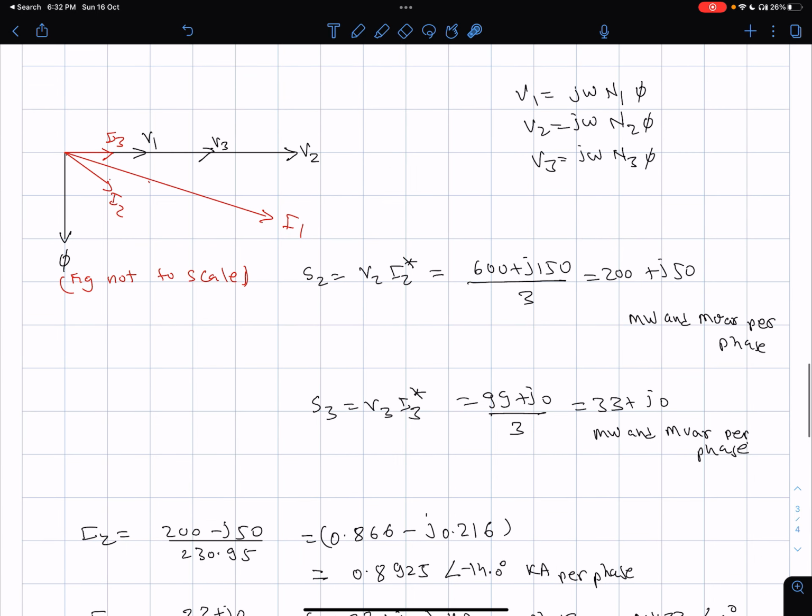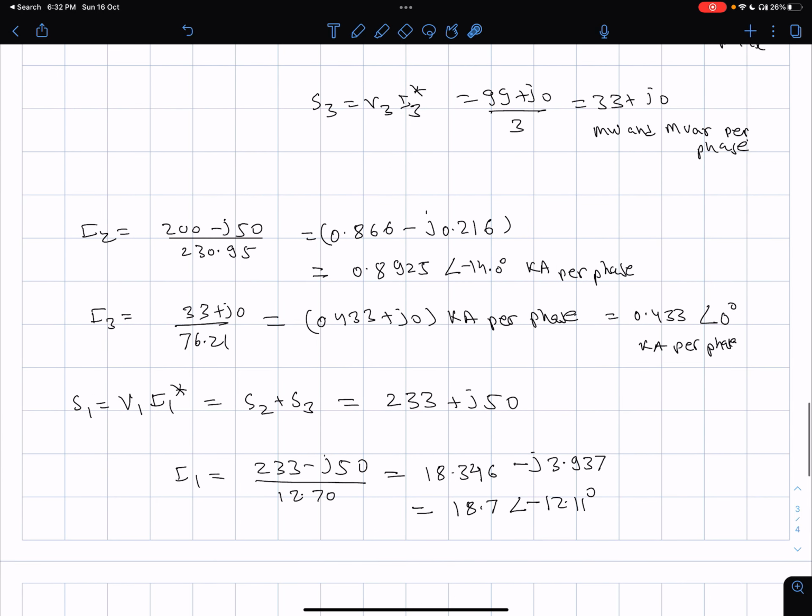So I am going to use that and say that V1 I1 star is equal to V2 I2 star, which is S2, plus V3 I3 star, which is S3. So 200 plus J50 plus 33 plus J0 is equal to 233 plus J50